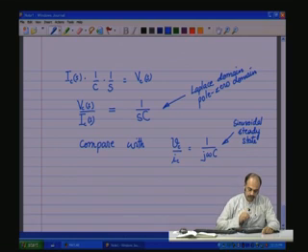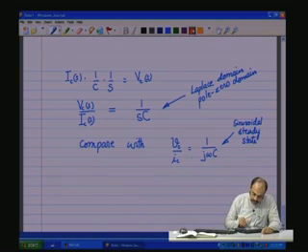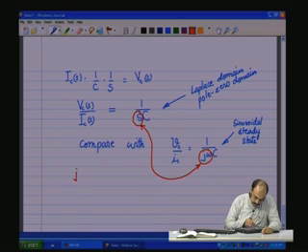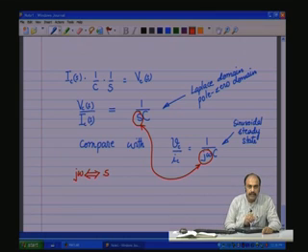Now, notice the equivalence here. So, for the capacitive reactance, the j omega of the sinusoidal steady state is replaced with S to obtain the capacitive reactance in the Laplace domain. Likewise, for the inductor also,